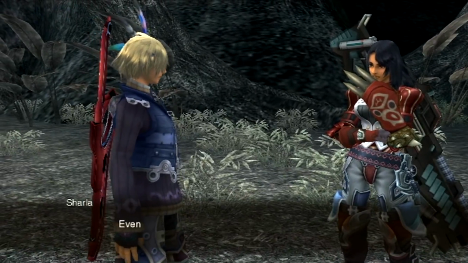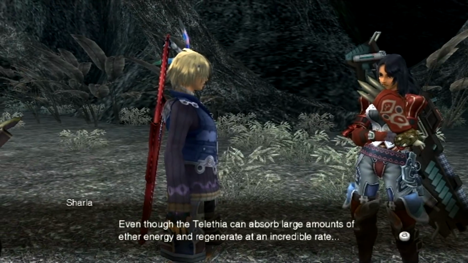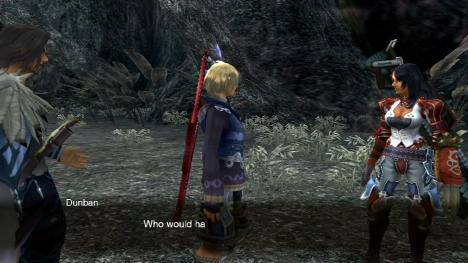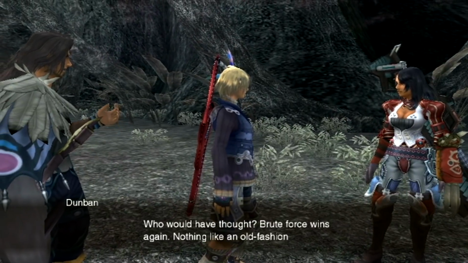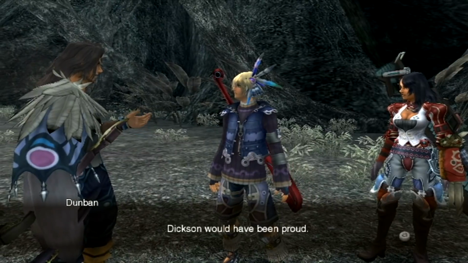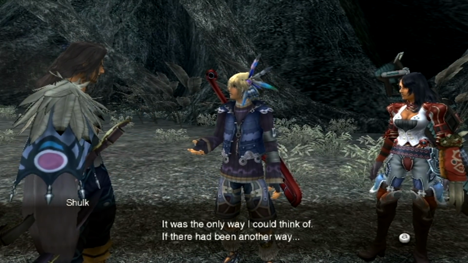Brilliant thinking. Even though the Telethia can absorb large amounts of ether energy and regenerate at an incredible rate, absorbing so much energy caused it to implode. Who would have thought? Brute force wins again. Nothing like an old-fashioned scrap. Dickson would have been proud. It was the only way I could think of. If there had been another way...